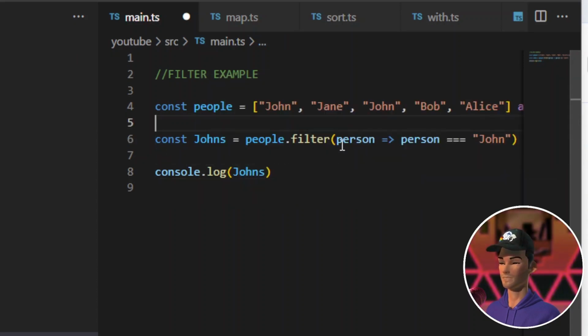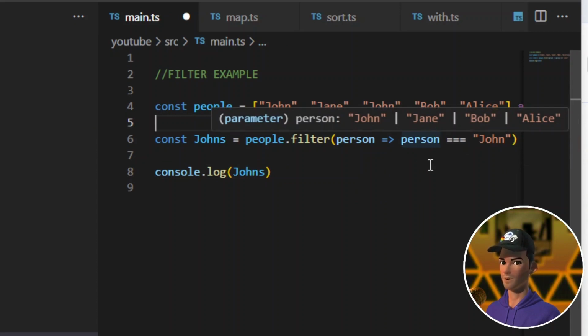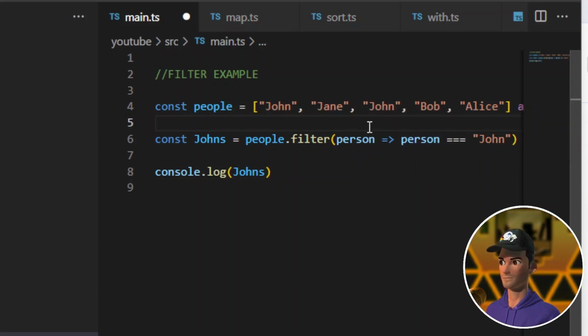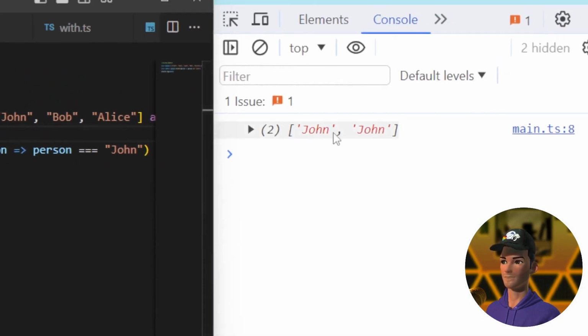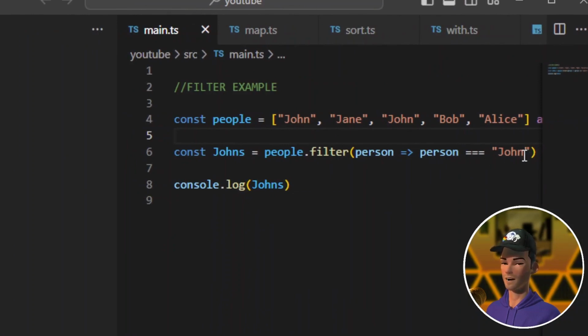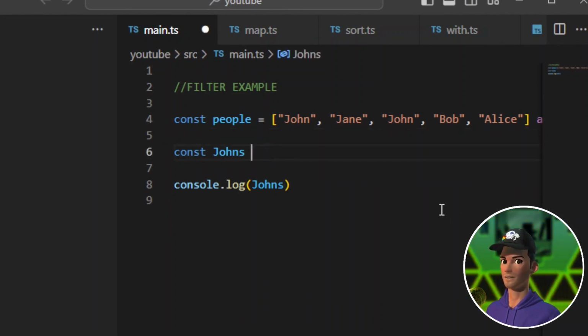Okay, so this is how we make the condition. Basically, this is a person which will be called for every key, and let's see what the output is. As you can see, we have two outputs here, John and John. So this is basically finding all the Johns. And let's say we need to find all the people with the letter J, so what we can do is, let's say, people with J equal to,